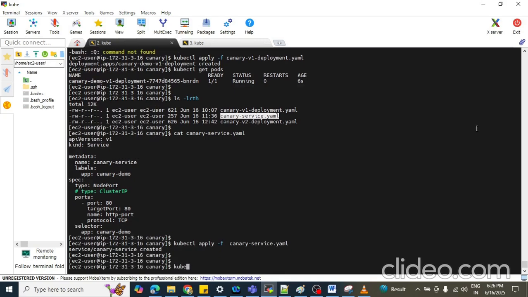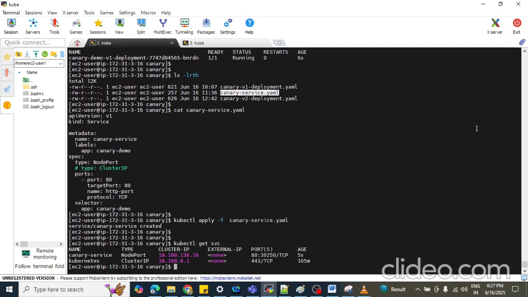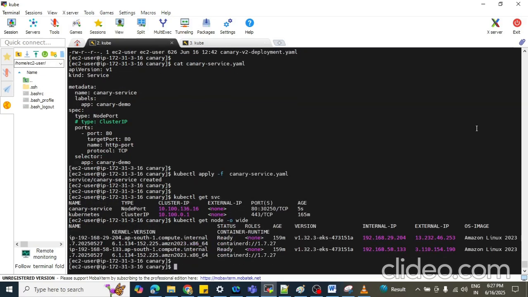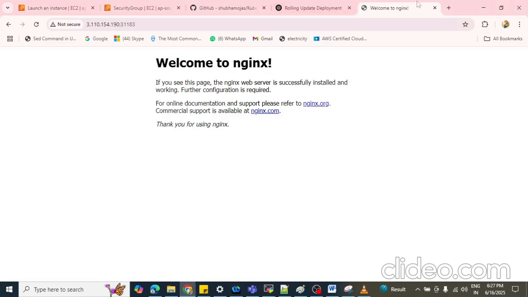Now kubectl get svc. Now kubectl get nodes -o wide. Remember, we have enabled only version 1, so only one should run.